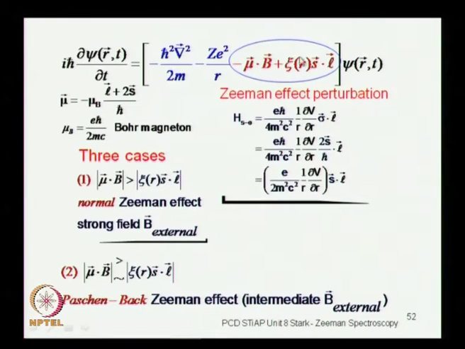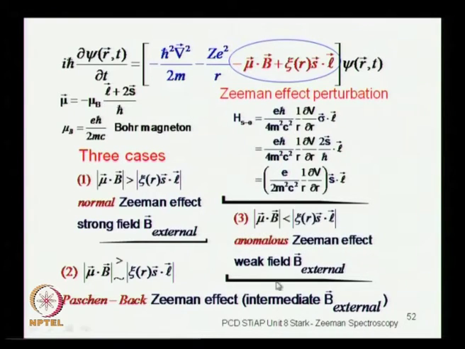and then you have the second case in which these two are roughly of the same order. So, you cannot throw one and keep the other, and you have to consider both of them together, and these are the details that we shall be considering in the next classes. So, this is the case in which you have two terms in the perturbation which are roughly of the same order. Nevertheless, the magnetic field is slightly larger, to make the mu dot b term a little more important than the spin orbit interaction. So, this is the case which is called the Paschen-Back effect, corresponding to intermediate magnetic field,